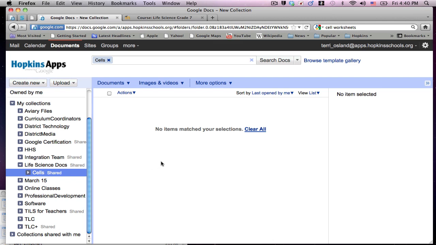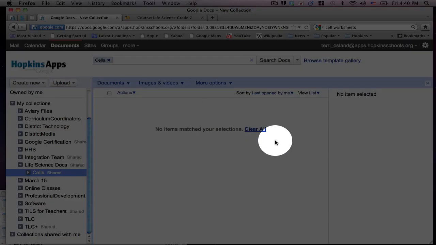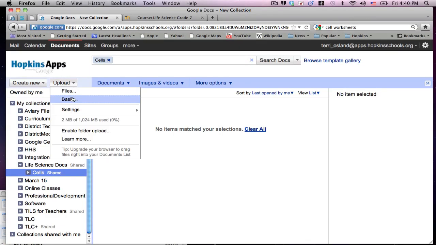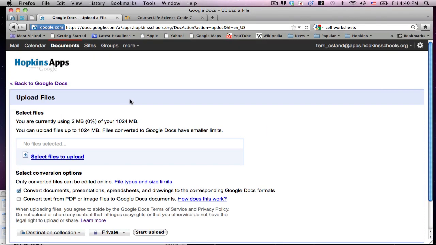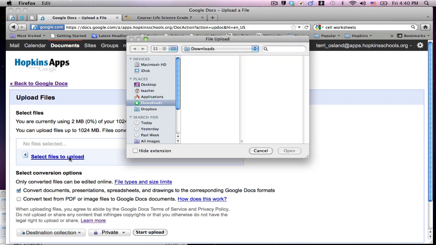In the last video I did the drag and drop option for uploading. Depending on what browser you're using and what version, that doesn't always work, so I also want to show you how to get around that if you can't just drag and drop your documents in this center section. I can click on upload. I'm going to choose basic, and I have 3 documents on my desktop. So it says select files to upload,